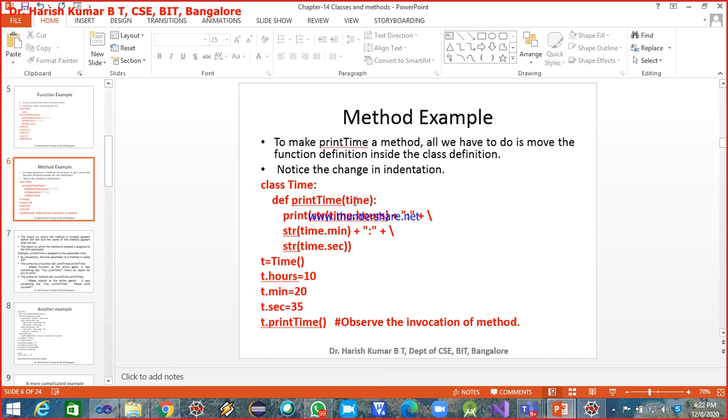Now what actually gets copied to this? The object on which you are invoking this print time method itself gets copied to this. This print time method is being invoked on the object t, and this t itself gets copied as the first parameter to the print time formal argument. Okay, people understood this?